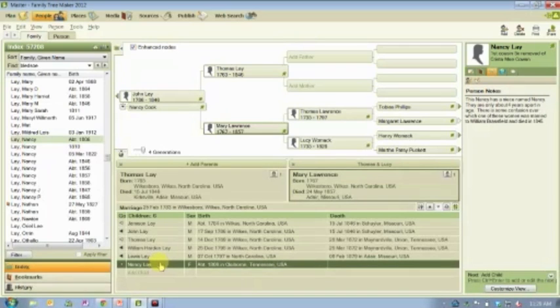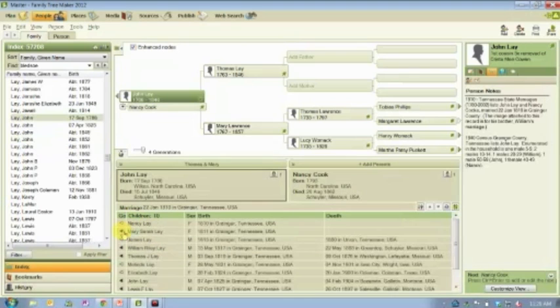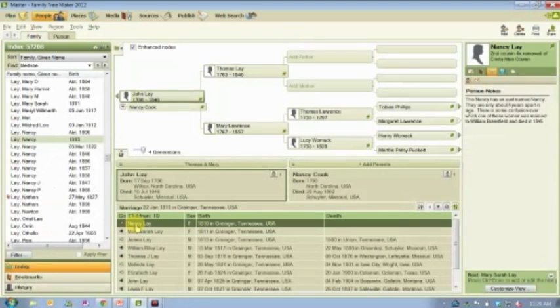And so what I'm looking for is documentation or maybe an obituary, right? If I can find an obituary in a newspaper that says Nancy Brassfield, daughter of Mary Lawrence and Thomas Lay, then I know it's the aunt. If I find an obituary that says Nancy Brassfield, daughter of John Lay and Nancy Cook, then I know that it's the niece. Okay, so especially in families where you have similar names,